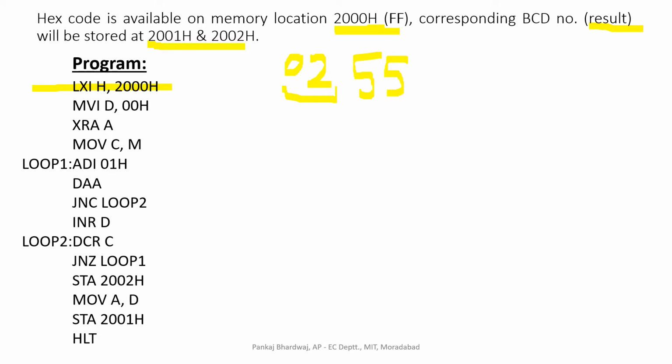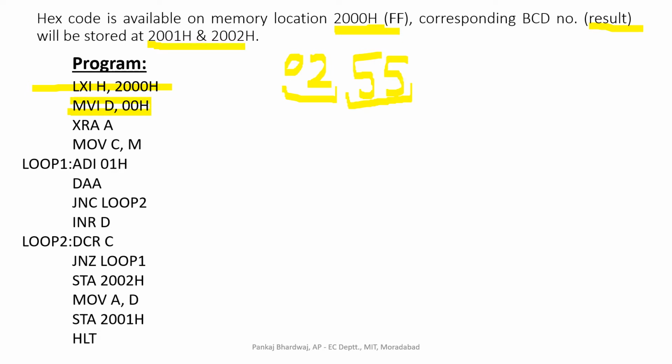So for that we need to have two different registers so that we can correspondingly identify the value of the register, that is the upper byte of the 16-bit word, and then the lower byte of the 16-bit word, because the number 255 cannot be saved in one single 8-bit register. So we need two 8-bit registers, and these two registers are correspondingly D and A. We choose that. So D is used for the upper 8 bits.